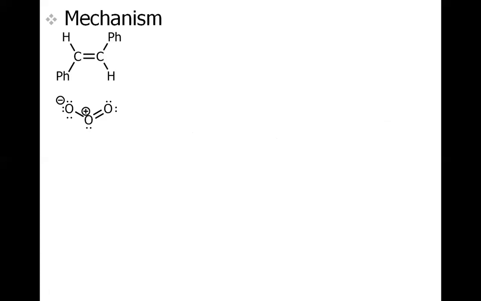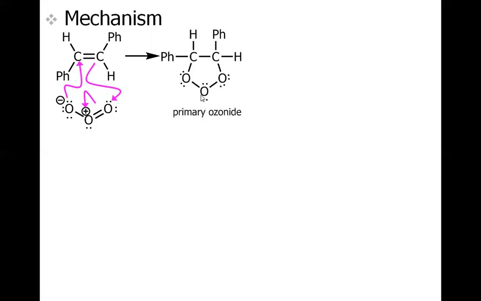Now let's discuss the mechanism as it was asked. This is the starting material, and this is the ozone. We know that the first step is the 1,3 dipolar cycloaddition reaction, in which this pi bond attacks this terminal oxygen, and as a result this oxygen double bond is broken, and this left-handed oxygen attacks this carbon. As a result, we have the 5-membered ring formation in which the 3 oxygens are consecutively attached. It's called the primary ozonide, which is very reactive, and it will not survive for a longer time, rather it will be broken.